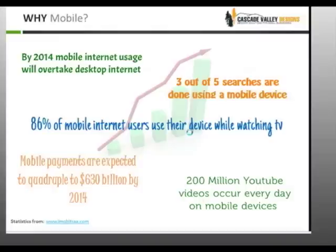Mobile payments are expected to quadruple to 630 billion by 2014. I think that number is so amazing and very crucial to remember if you're an e-commerce business and you have products on your site, or you're thinking about having products on your site, because there are some online stores that are not very easy to use on a smartphone. There are tons of statistics out there that show how many more people are quickly using their mobile phones to purchase items online. So, check out your store on your phone and make sure that it's easy for you to